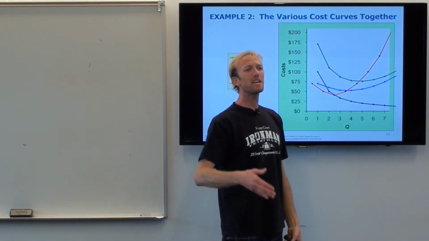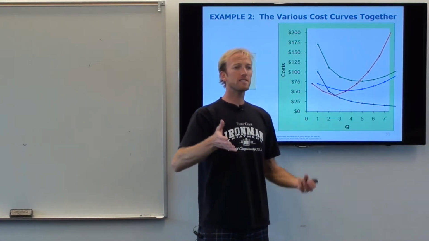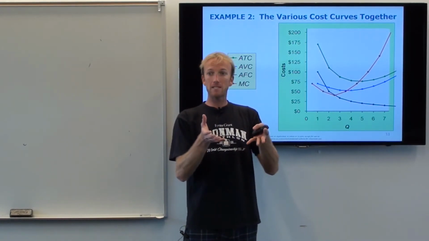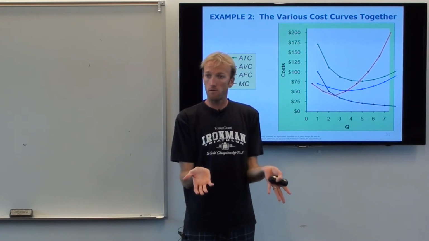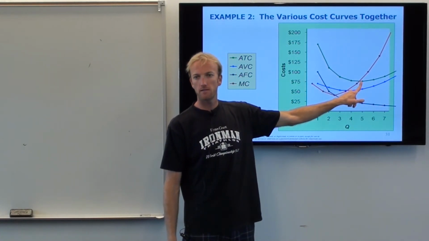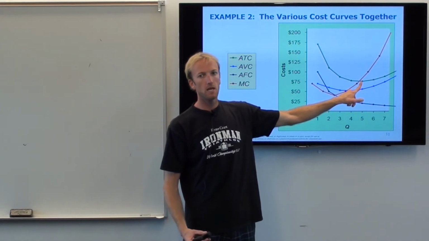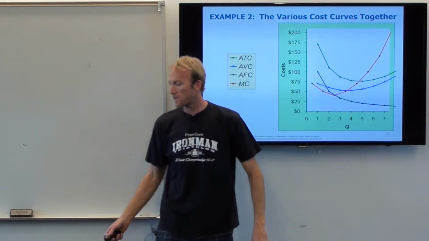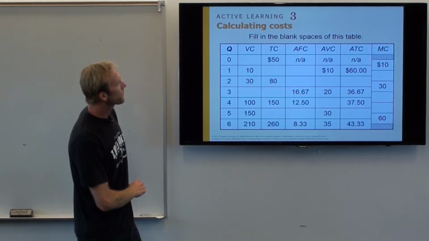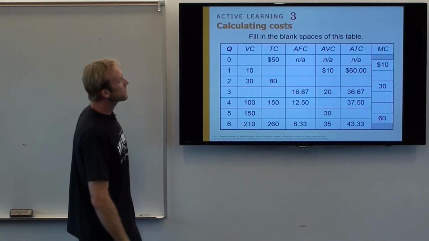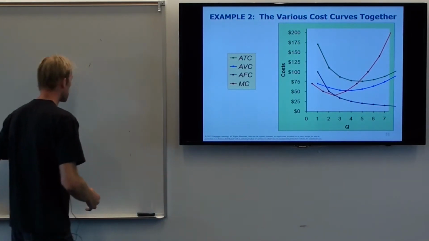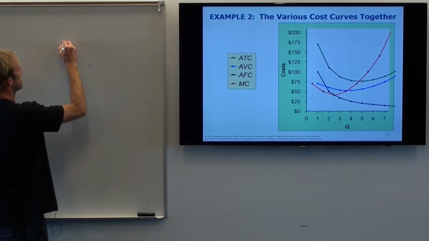So if I want to say, where's the cheapest number of tacos to produce, that it's the cheapest on average per taco, that's going to be the bottom of the ATC curve. So it's going to be wherever this intersects. Does that make sense? Okay. The marginal cost always crosses the AVC at the lowest point. Before we do that, I want to explain to you why it always crosses at the lowest point.